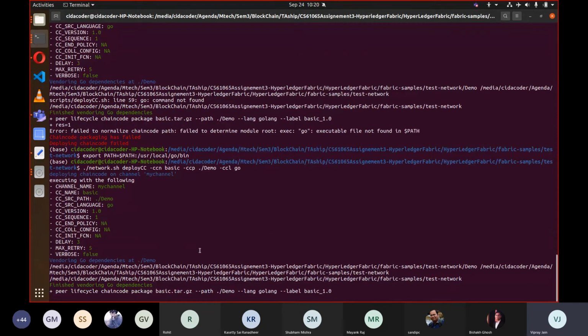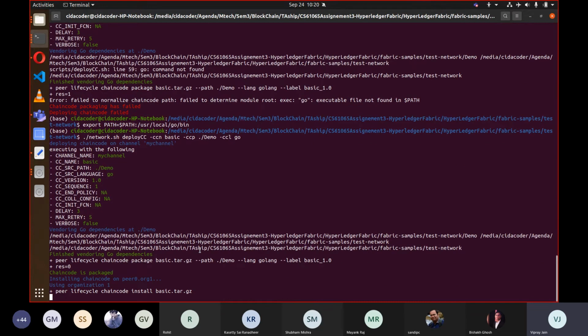Once we run this demo command, if there is any error in our chain code, it will show right here. Otherwise, it will install this chain code on both the peers. It is showing that it is installing the chain code on peer 1.